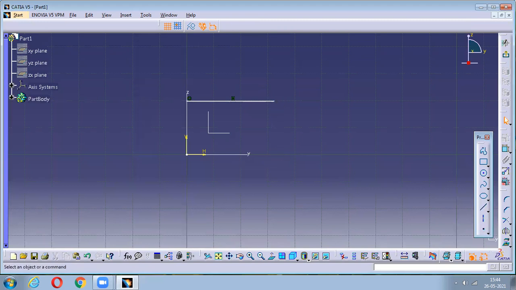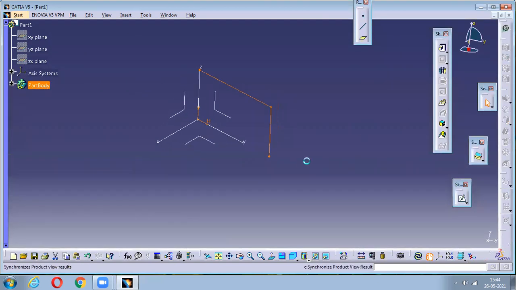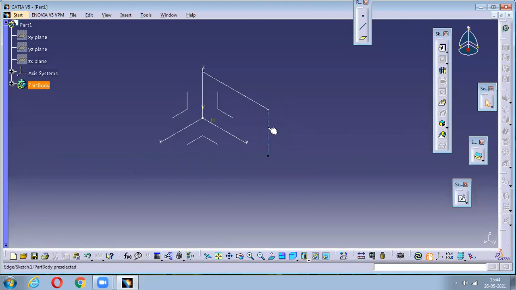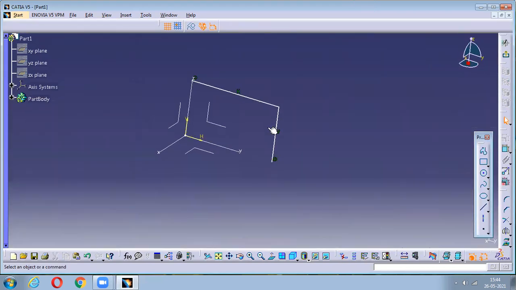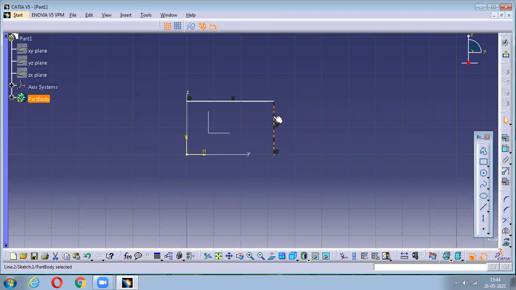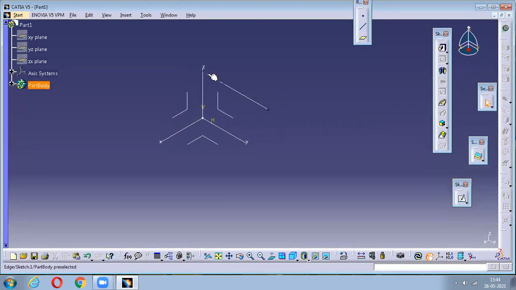So to give that support, if I use this normal line and if I come back to my 3D model, see, even this line is being highlighted, right? Yes, sir. But what I want is I want this as a support, but I don't want this line to be appearing in 3D. So at that time, what we'll do is I'll just select this line and I'll just switch on this. Now, if I say exit to this, so only that line will be appearing. So this line will be switched off.